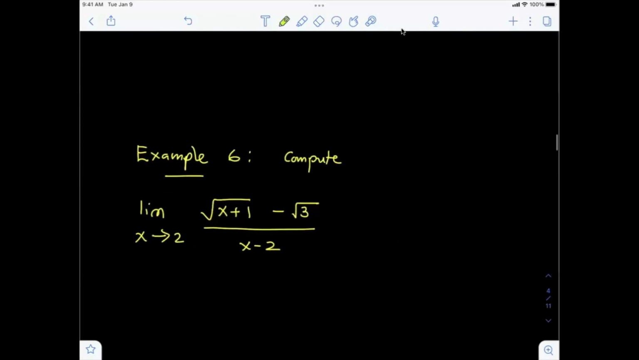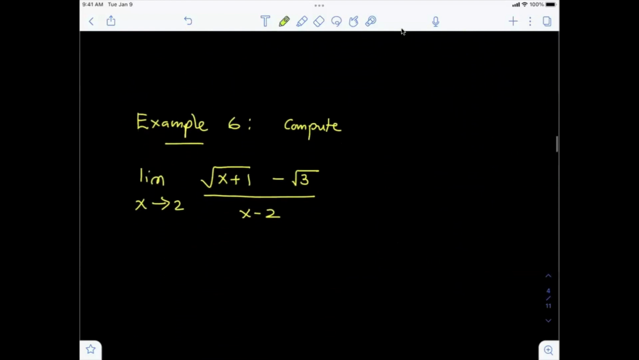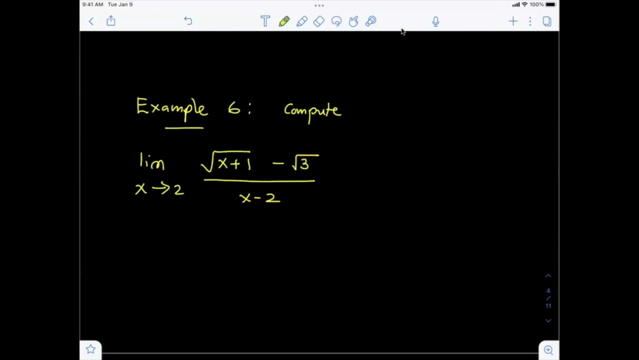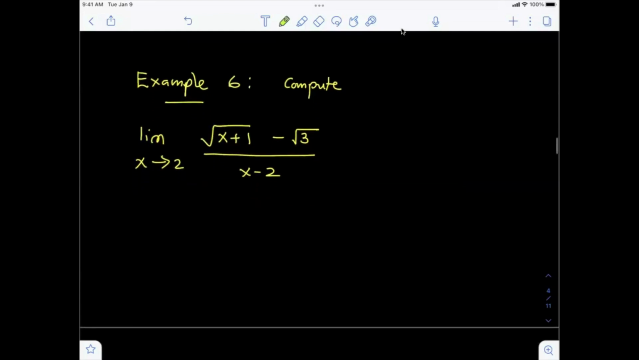Now, let's explore another domain of these computations. In this example, we do have another surprise. We have two square roots. Now, when you have these square roots, how are we going to deal with them? Can you just simply get rid of them? Unfortunately, there is no easy way around this. Now, at this point,